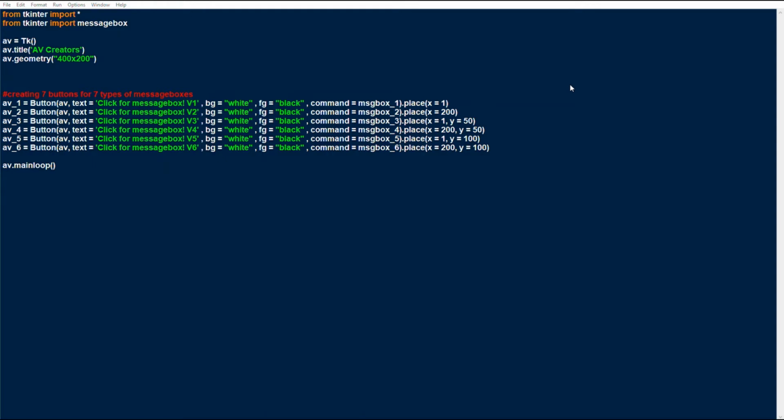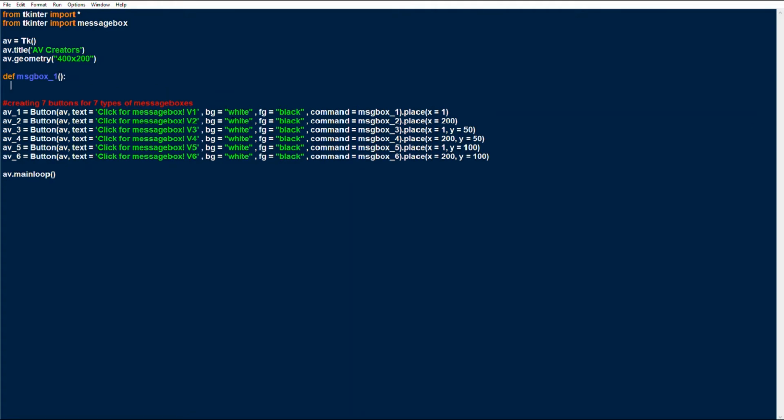So I will just start off by typing the functions now. The first one is def message box 1. The syntax is simple: message box dot show info. The first argument will be the title, so I will say AV Creators.